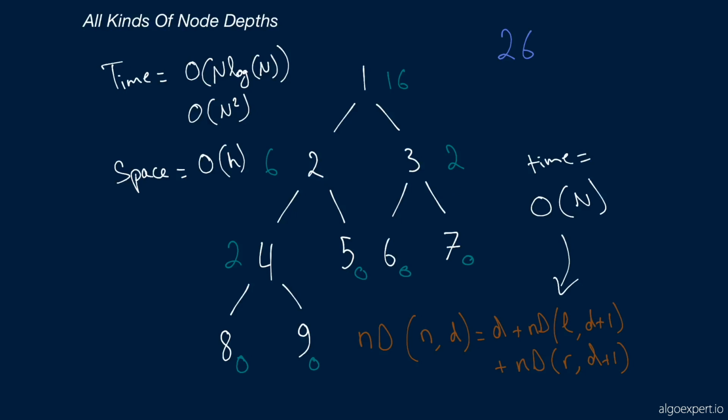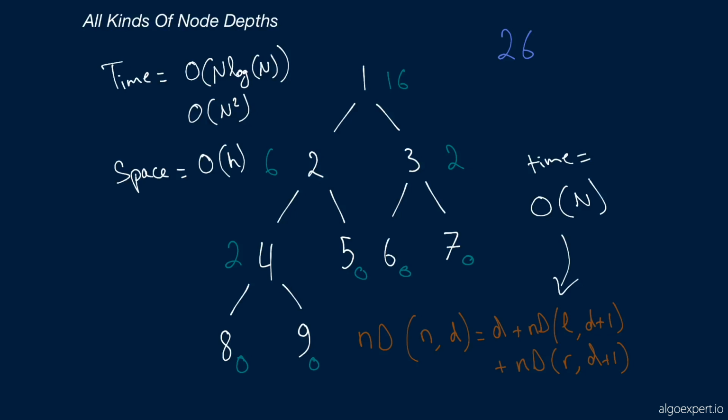Because here, the reason that we used this recursive method on every node was precisely because it doesn't look like there's a relation between this 16 here and this 6 and this 2. Because the depths of all of these nodes, for example, the nodes in the subtree rooted at 2, relative to this 2 are different than their depths relative to this 1 up here. And so that's why we called this method on all of these nodes, not only because it just made sense, like we said, just get the node depths at every node and sum them up, but on top of that,